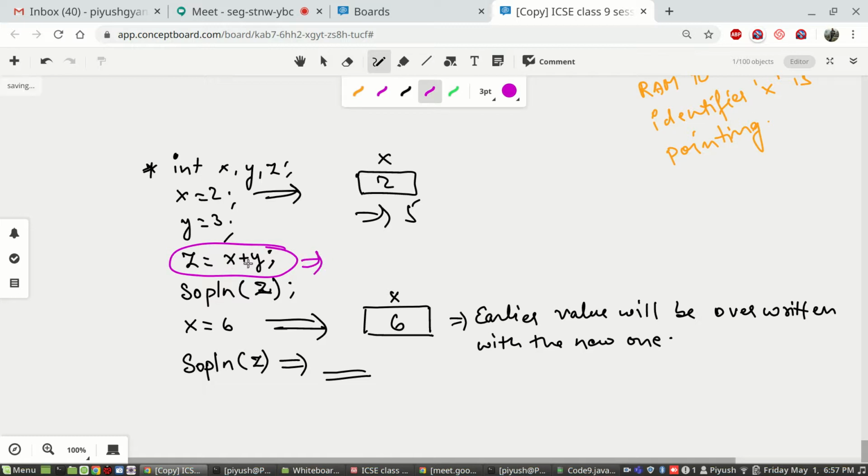When you write z equals x plus y, z, or any variable or any memory location, does not store the expression assigned to it.